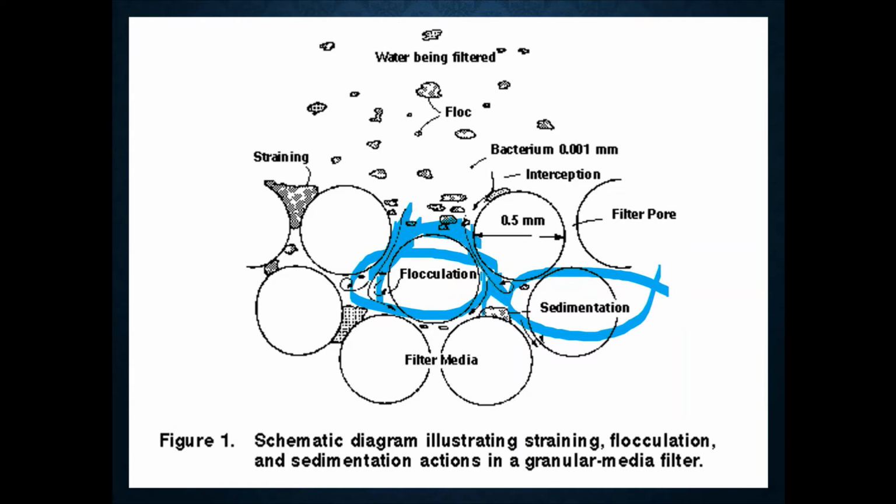Why? Because the previous process is coagulation and flocculation, and the floc which is not settled in that process directly comes into the filtration, and those smaller floc particles are getting settled in this basin, and these basins are known as flocculation basins as well as sedimentation basins.